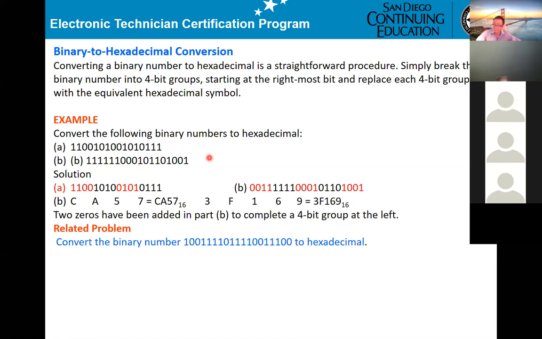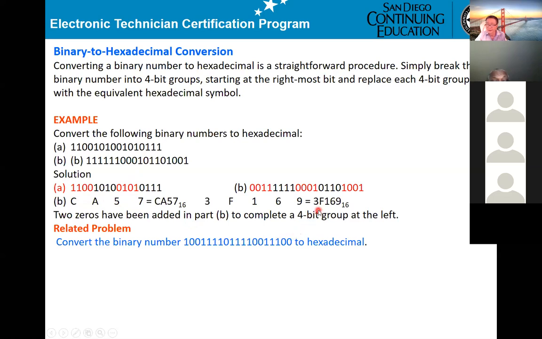In order to do it, go from the right to the left, and divide each group into 4 bits. So I can give you right here: from the right to the left, divide by groups of 4 bits. So 0111, from the table, that's the 7. 0101, number 5. 1010, number A. 1100, number C. So the answer will be